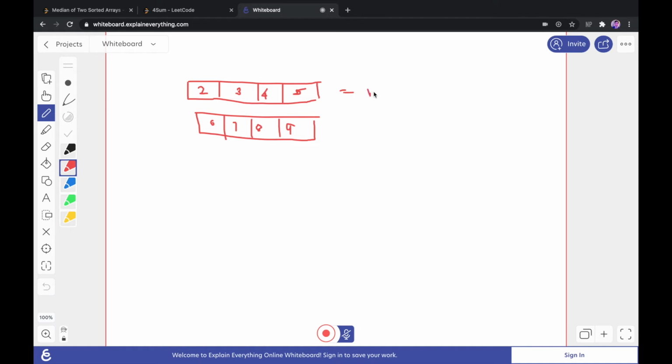I'll name it n1 and this is n2. We create a separate array called merged, and it will have 4 plus 4, 8 elements inside it.